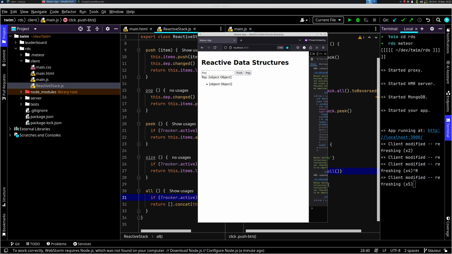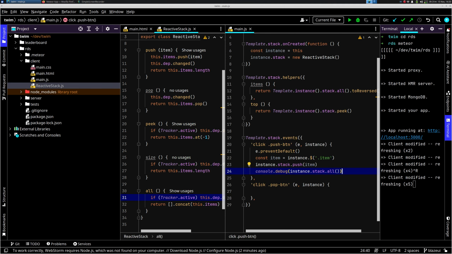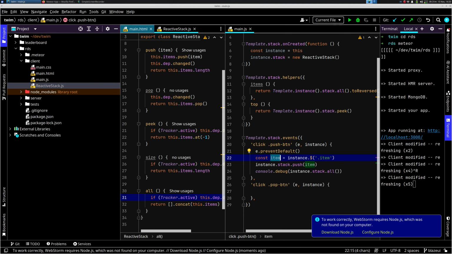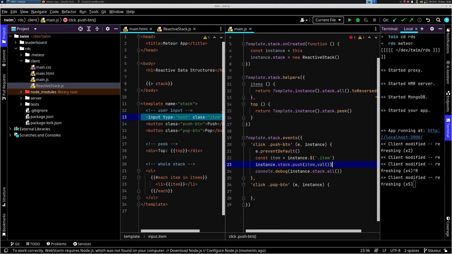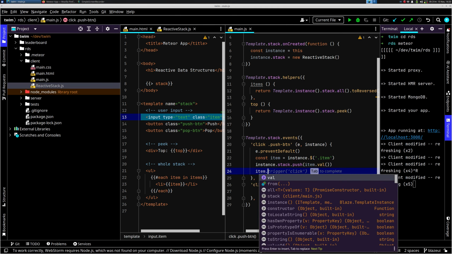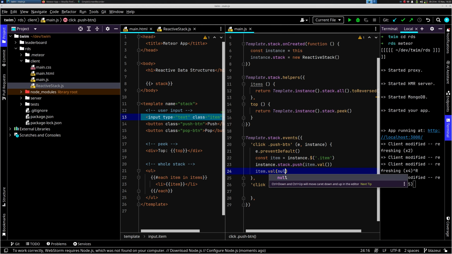And as you can see, there is now object. And why is that? Because I haven't read the value. I just have read the item here. And this item is currently the input object. So we also need the value. And this is item.val. That's the function to get the value. And we also want to clear the input. So after that we call item val null, and then it's